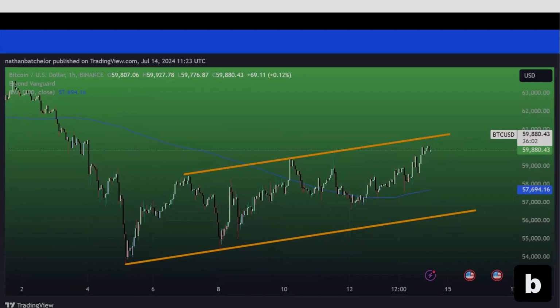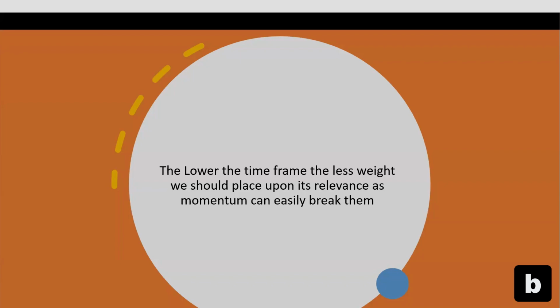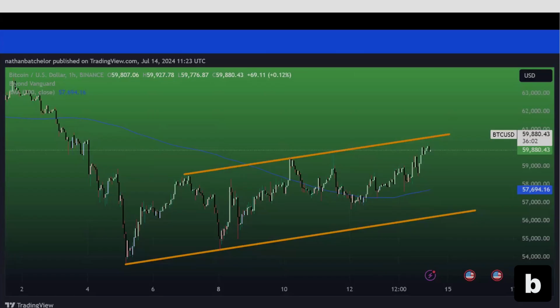And again, another factor here, when looking at the relevance, I guess we need to look at the lower time frame. So previously, I've been looking at the 4-hour. Now I'm looking at the 1-hour. So if I was to move on the 1-hour all the way up there to around about 60,000, and I failed there, then there's the chance, like I say, you move towards that 58 to 57,000 region, and I've found two parallel trend